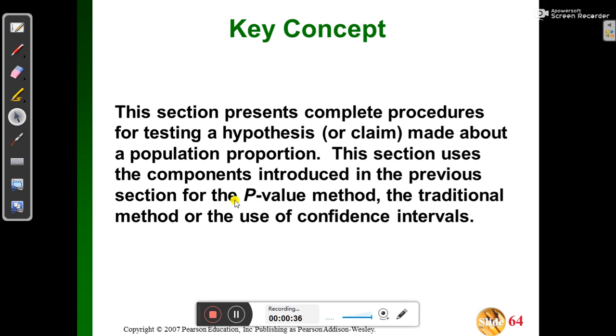In this section we present complete procedures for testing a hypothesis. Previously we tried to understand the names and values, p values, z values, critical values, confidence intervals, those things through some examples. Now we'll try to understand the complete procedure for testing hypotheses made about a population proportion. This section uses the components introduced in the previous section for the p-value method, the traditional method, or use of